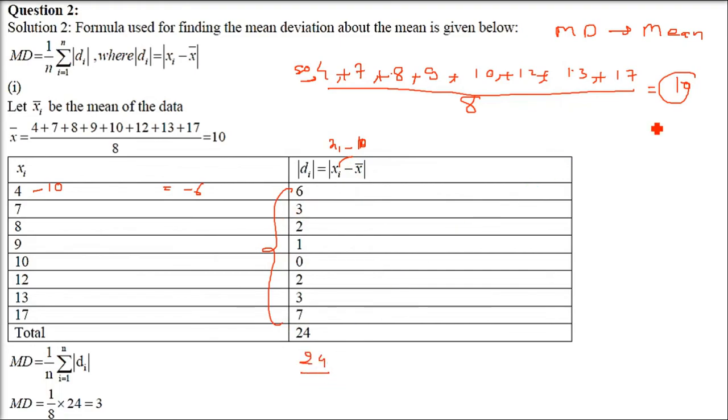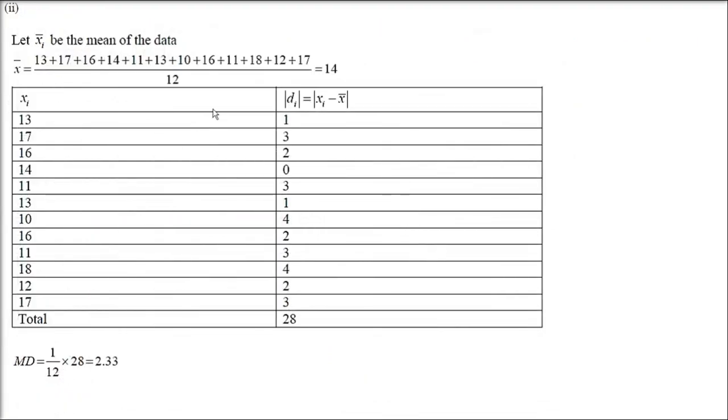Here 24 is going to come. And divide by the number of elements, which is 8 here. Sigma di is basically 1 to n. 1 to 8 elements you have to add. It's divided by n. 24 by 8. 8 threes are 24. 3 is the answer. I hope you got the idea. All these 4 parts are NCERT questions.